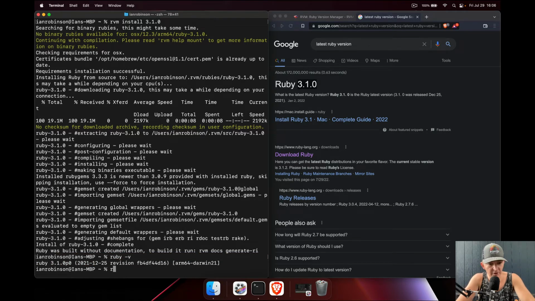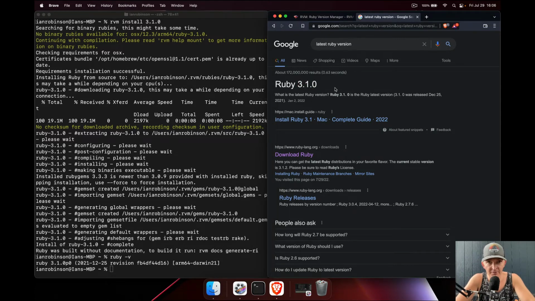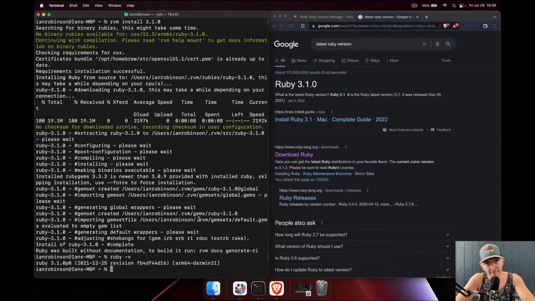And so now if we go ruby -v, it gives us 3.1.0, which is good. Okay, so now we have the Ruby version that's updated. And so our previous error, the error when we said rails new, required an updated version of Ruby. And so now that we have that updated version of Ruby, we should be able to create a new Rails